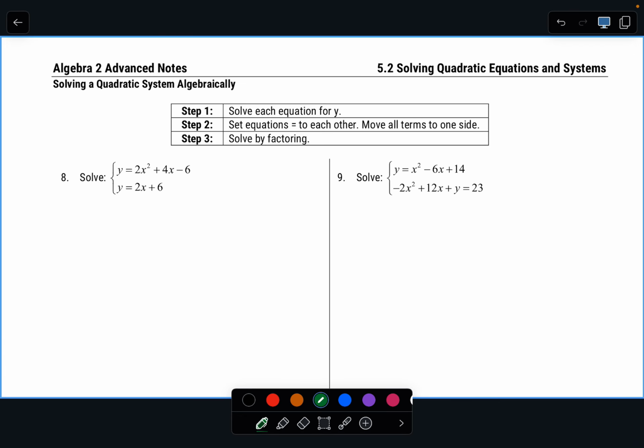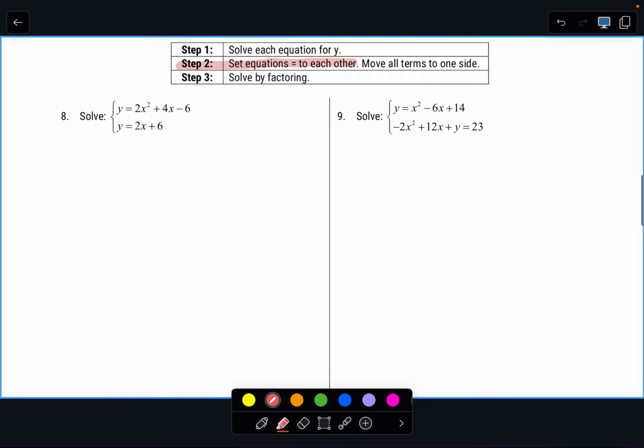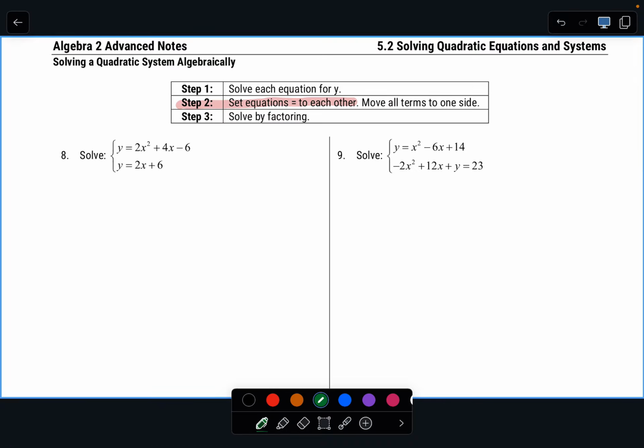Whenever we solve these, all that you are adding to the process is that you have to go in and eventually set each equation equal to each other. So one of those starting steps is you need to get them to be in the form of y equals, but the whole goal and the whole reason why we do that is so that we can set them equal to each other and find where they're both true. This is another one where we are looking for the intersection,